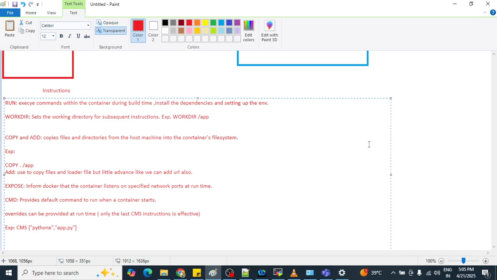Okay, so now the next and last command is called ENTRYPOINT. What is the use of ENTRYPOINT?